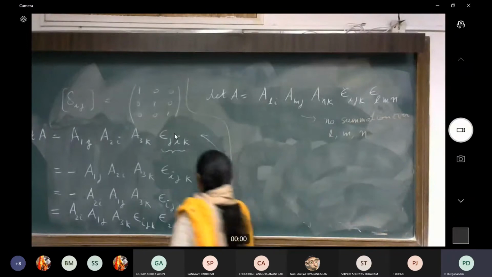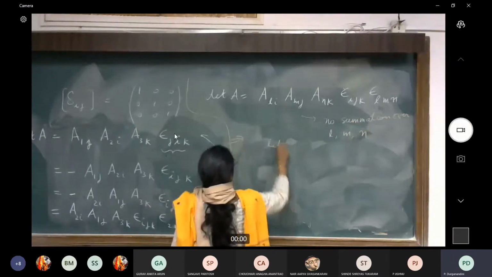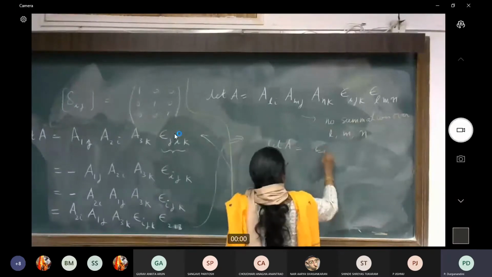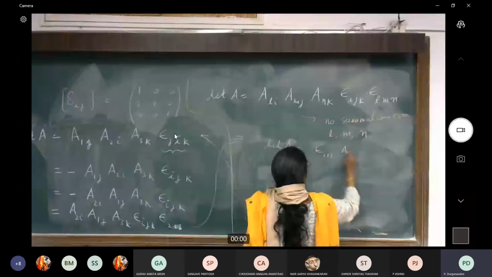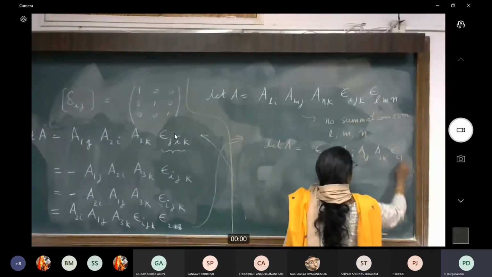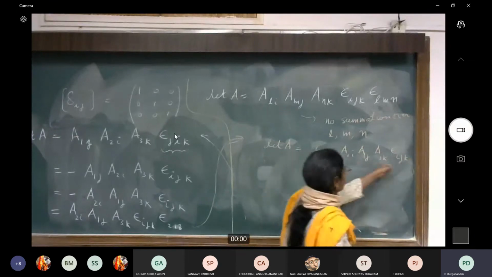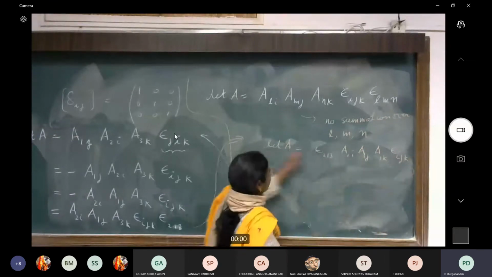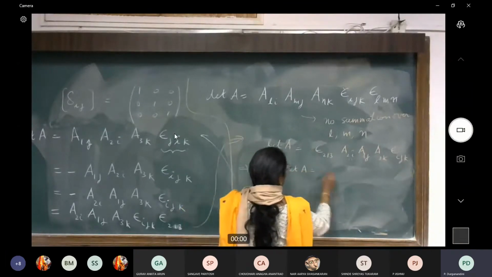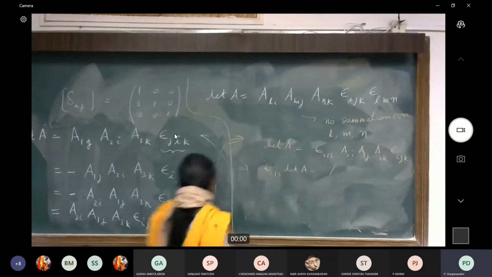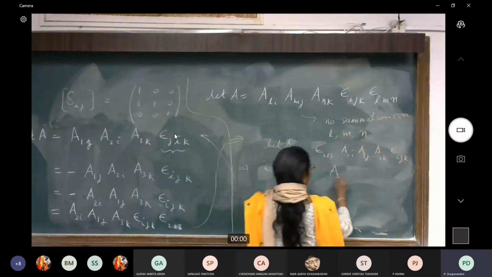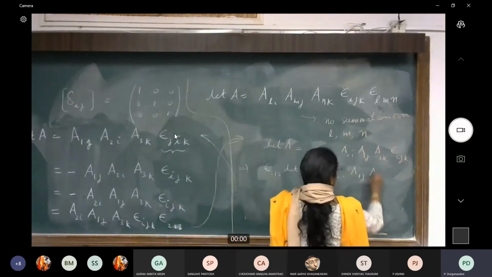Or alternately, if I take from here now, so I have got determinant of A, from this expression you can see, I had epsilon 213, then A2i, A1j, A3k, epsilon ijk. So the summation is only over ijk's. So this again, let me multiply now with epsilon 213 on both sides. Then I'm going to get epsilon 213 times determinant of A will be equal to. Now epsilon 213 is minus 1, but if I multiply with another minus 1, I'll get a plus 1. So I'm simply going to get here A2i, A1j, A3k.